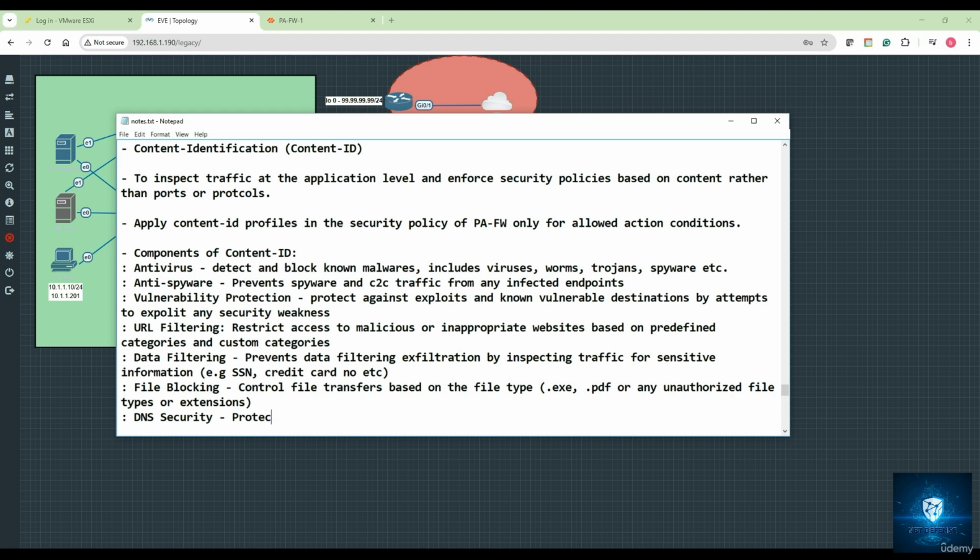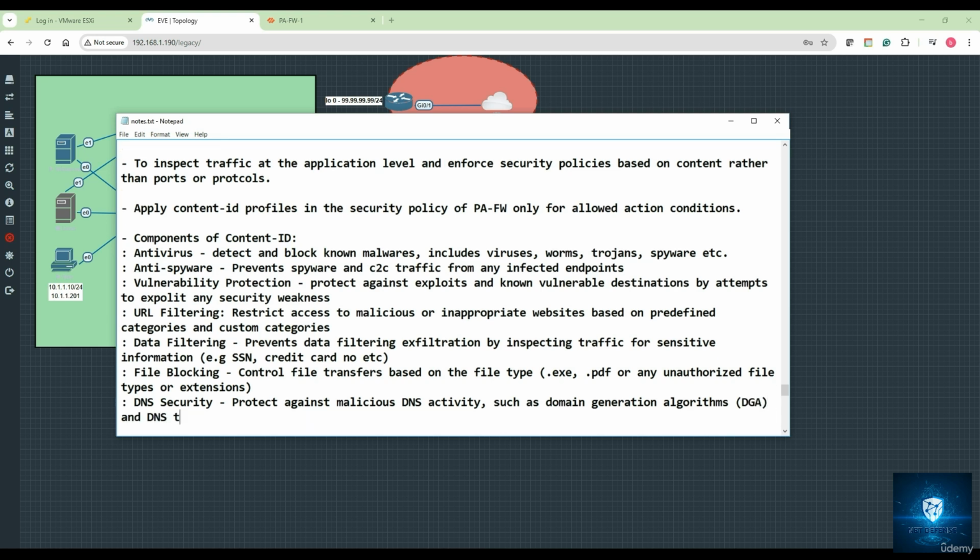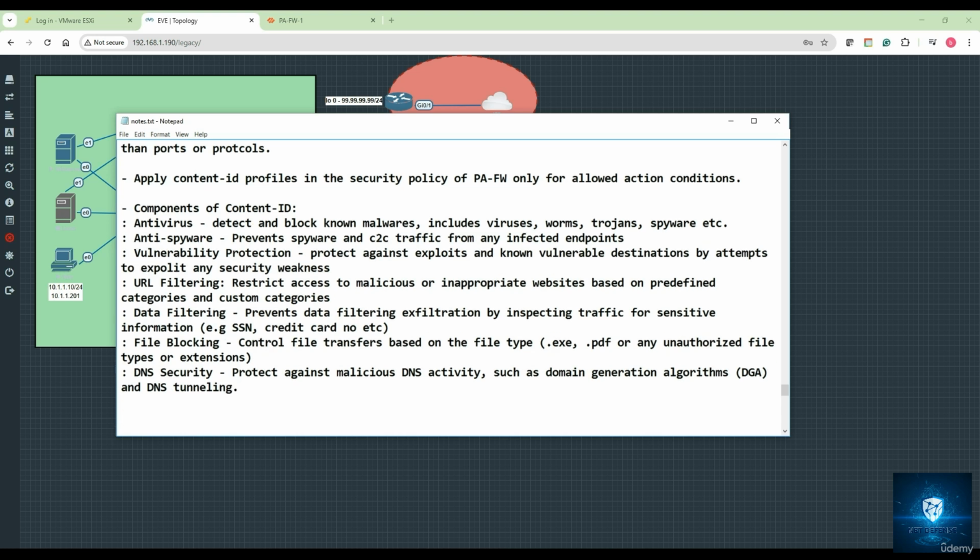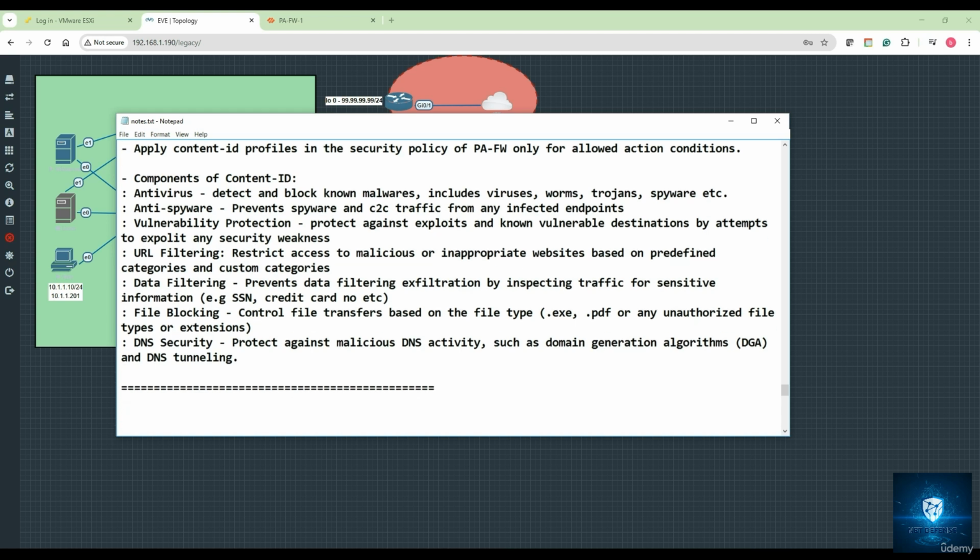So you can say protect against malicious DNS activity such as domain generation algorithms, which is called DGA, and DNS tunneling. Okay, so these are the varieties of components what you have in case of content ID inspection,